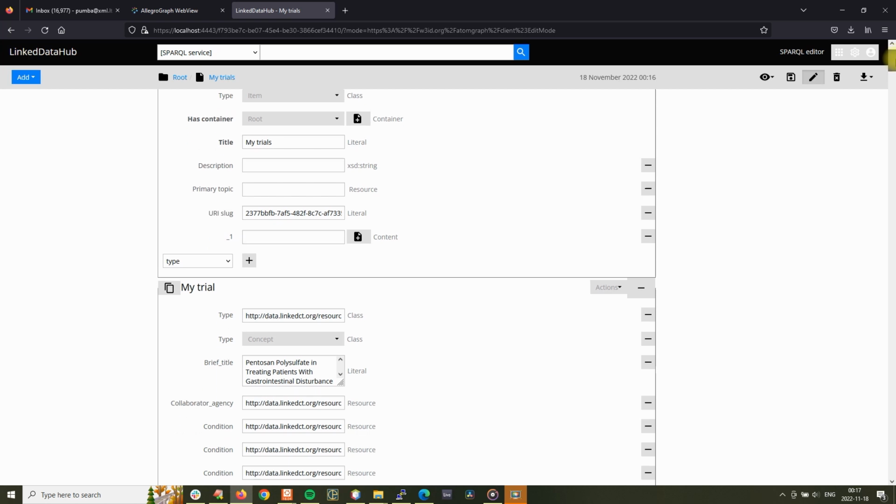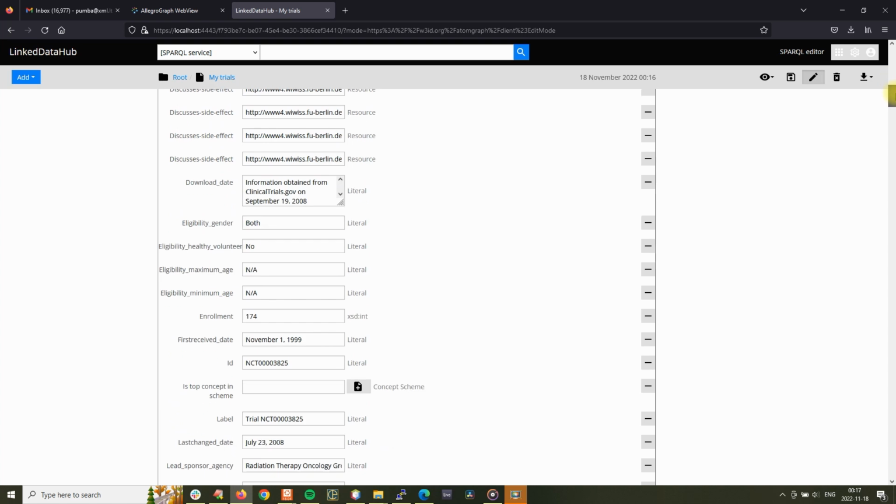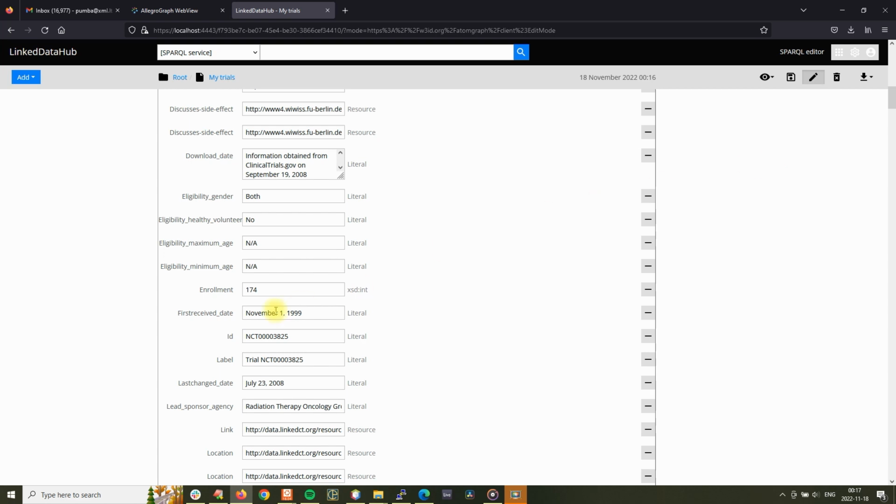Before reloading the editing form, I'll show you that here we have the is-top-concept-in-scheme property, but now when I reload the editing form, the new constructor will go into effect, and you can see that property is now gone, right? So without leaving the editing mode, we change the template for this form by removing a property, or we could also add new properties and change,